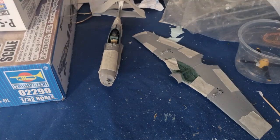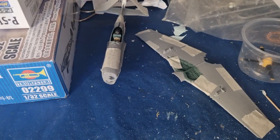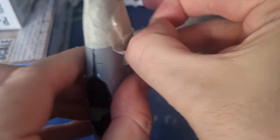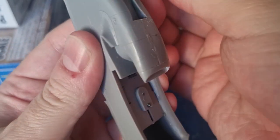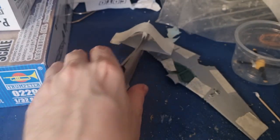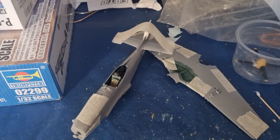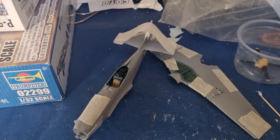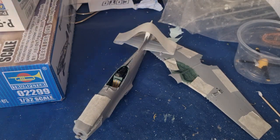Alright guys, with the wings fully dry, it's time to join the fuselage to the wings, to mate the fuselage to the wings. This will be an easy step because it doesn't require much effort. I dry fitted the wings and they fit perfectly, snugly. But first I will grab pieces B18 and A11 and glue them to the